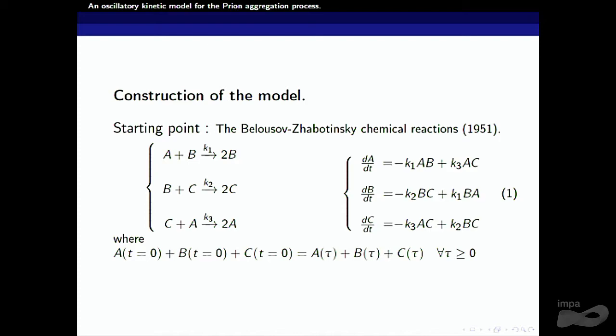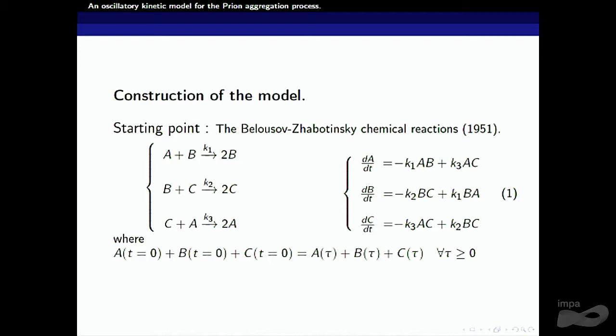So on the right, we have the differential system from this chemical reaction system. One important fact is that these reactions are catalytic. What does it mean? It means there needs to be an interaction between 2 species to have a chemical reaction. And we hope that with this cyclic reaction between these species, we have an oscillation, a limit cycle which will appear, and then oscillation for the